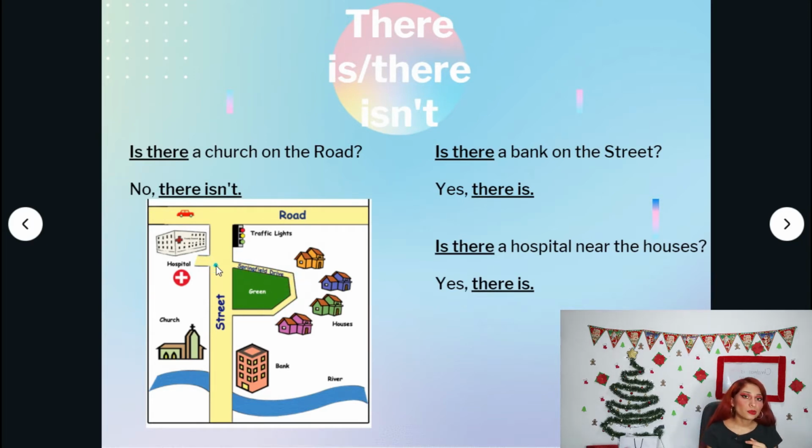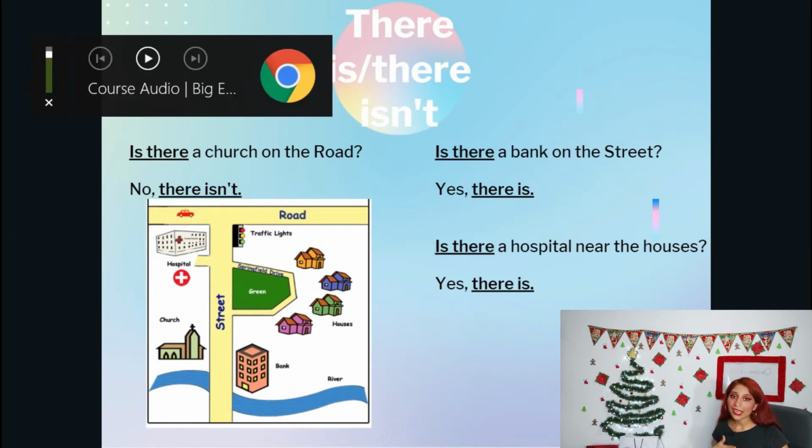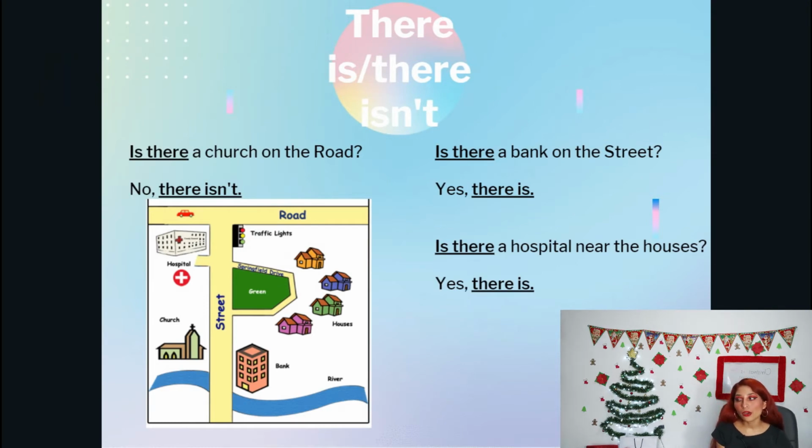Tienes que fijarte de ambos lados. ¿Qué quiero decir con esto? Ambos lados significa, por ejemplo, street. Si street va toda esta calle que está larga, significa que tengo que fijarme del lado izquierdo y del lado derecho. Depende de lo que me estén preguntando, tengo que prestar atención a ambos lados, porque a lo mejor el hospital no está del lado derecho, pero hay uno del lado izquierdo y sigue siendo la misma calle, ¿ok? So, it's important to pay attention to this.